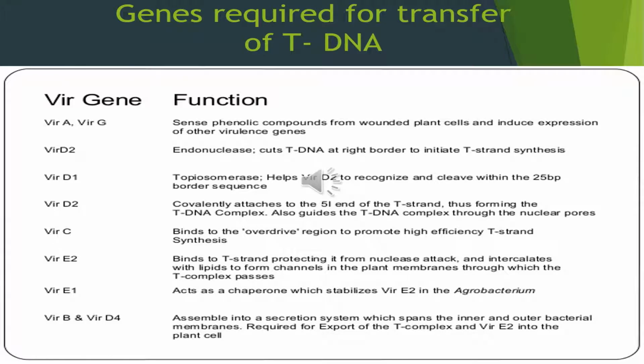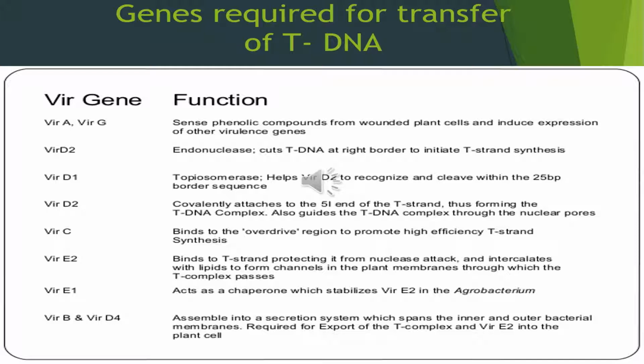Now we will see the different genes that are required for the transfer of tDNA from the bacteria to the plant cell. This is the most important slide. We will start with the first gene, the VIR-A gene, which functions as a kinase protein in the bacterial membrane. It acts as a receptor for the phenolics released by the wounded plant. VIR-A and VIR-G genes are expressed continuously and they play an important role in sensing and responding to the phenolic compound acetosyringone, which is released by the wounded plant. After sensing, the VIR-G gene is used to activate other VIR genes.